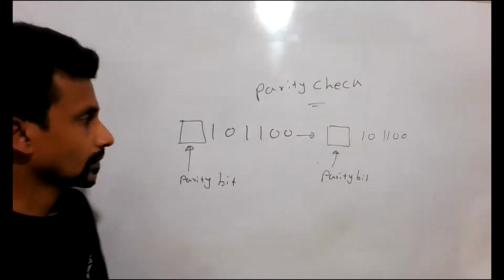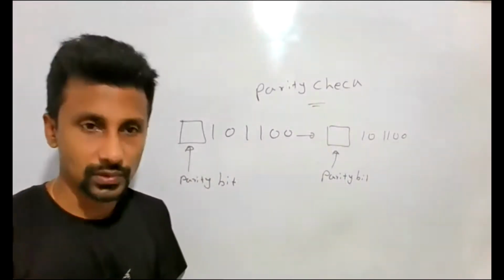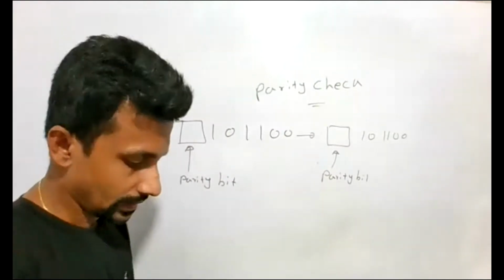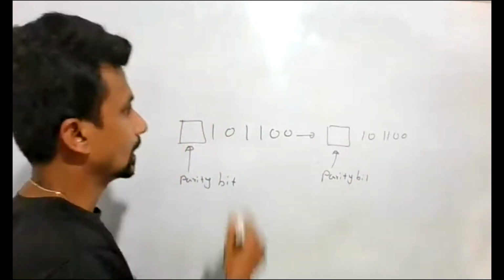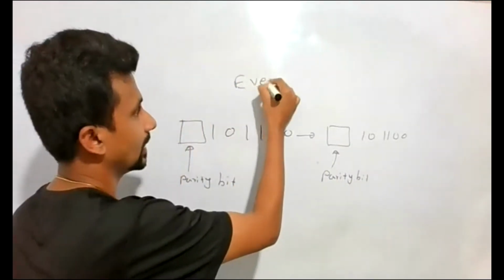Right? Now, if I am using, there are two types. If I am using even parity,